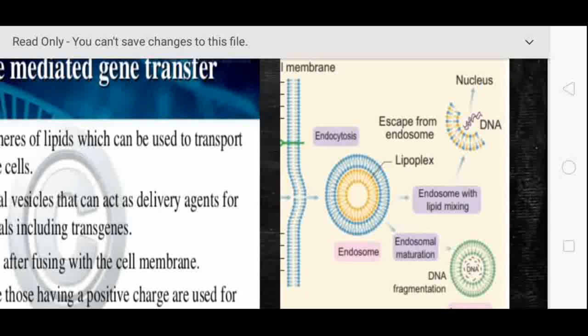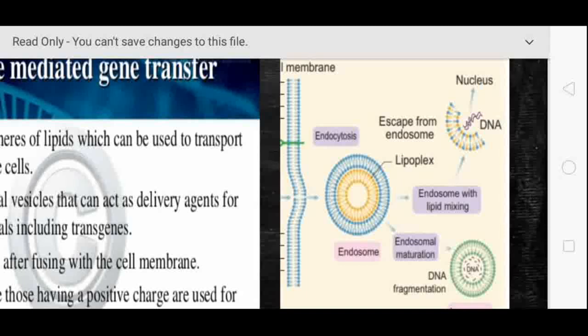In the vacuoles, two things happen. One is the production of acidic pH and the other is the production of protease enzyme. These acid and protease enzymes break the lipoplex complex. Once it is entrapped in the plant material, with the help of the enzymes and acid, the lipoplex is broken down. As a result, the DNA of our interest is released from the artificial plasma membrane, and the DNA molecule alone enters the cell.